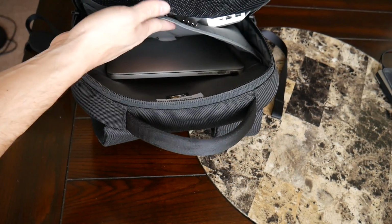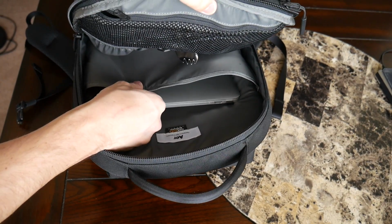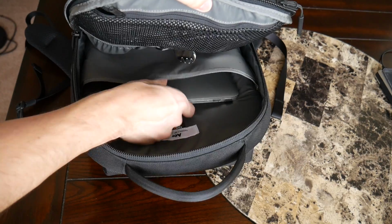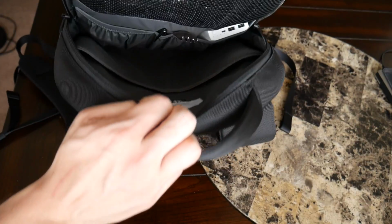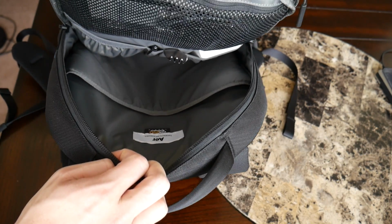The compartment itself is pretty padded and it's elevated off the ground, so that's nice, it helps keep your laptop protected. If you put your bag down, it's not going to touch the ground. And the compartment itself is pretty padded. It's a little bit more flexible than I like to see in some laptop compartments, but you definitely feel like